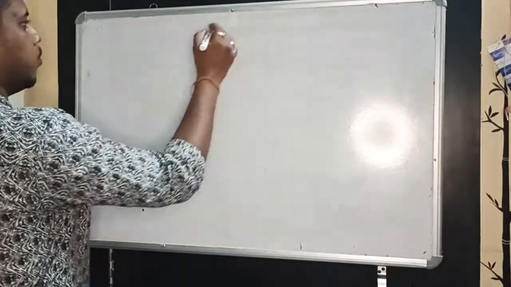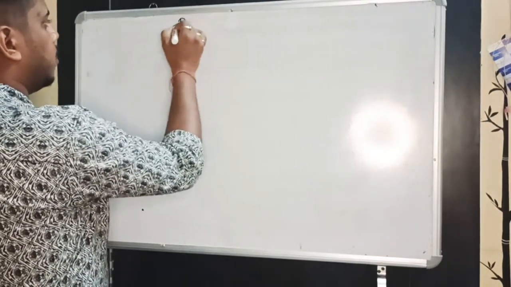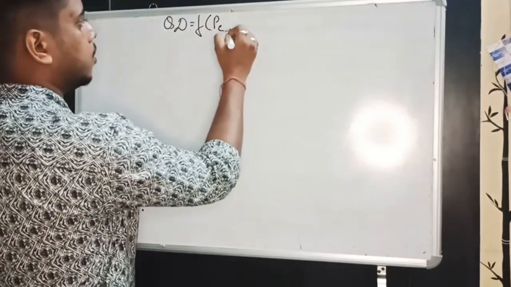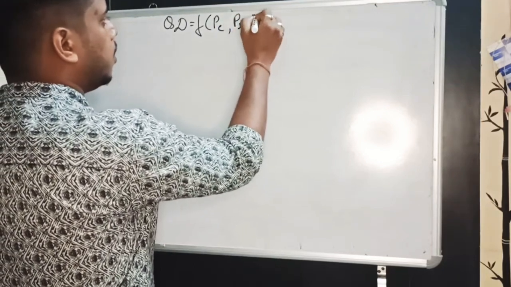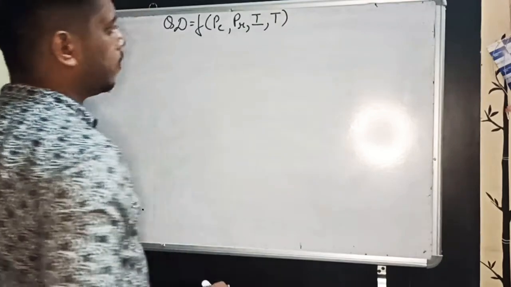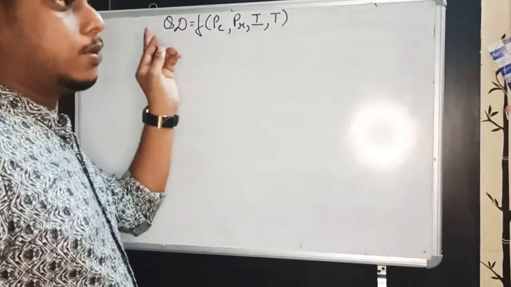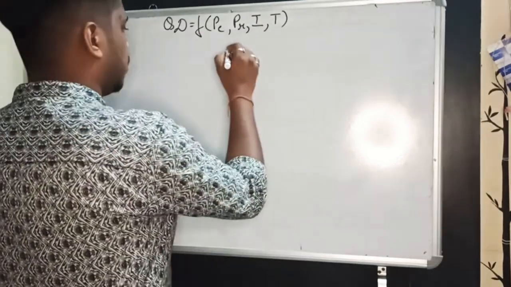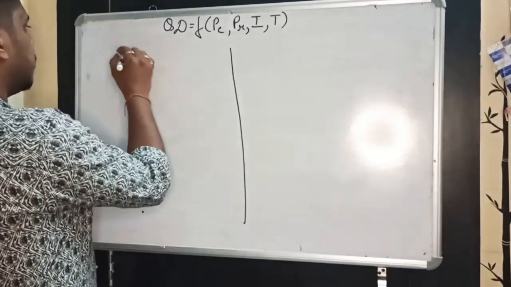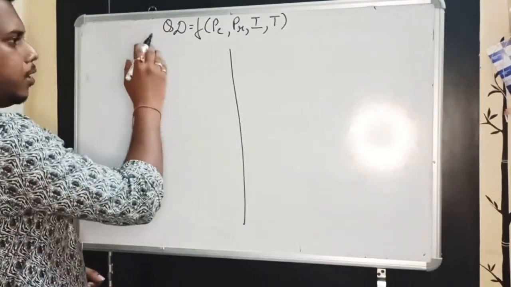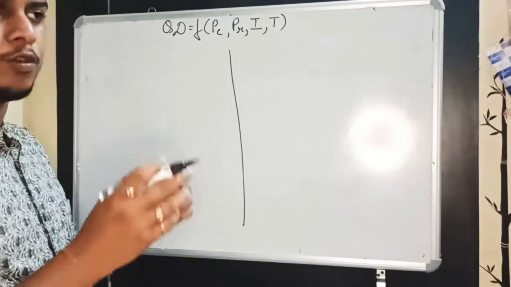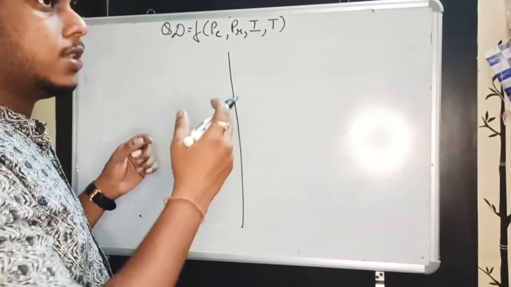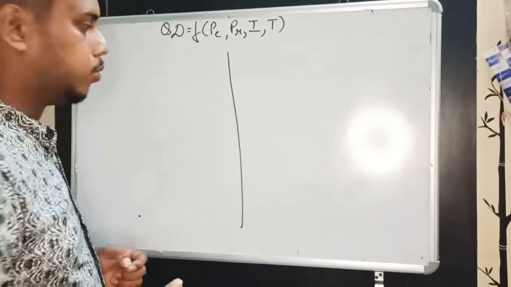So we know that demand or quantity demanded is dependent upon four factors: price of the commodity, price of related goods, income, and taste and preference. Okay. So quantity demanded basically depends upon these four factors. I am talking about the individual demand over here. Okay. So first we will try to study the two topics of movement along the same demand curve and shift of demand curve, as a distinction or a difference between the two. Okay.